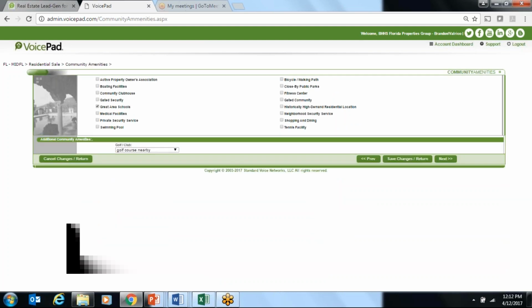The last screen here is the community amenities screen, where we are listing what amenities the actual community has. Is there a community pool? Is there gated